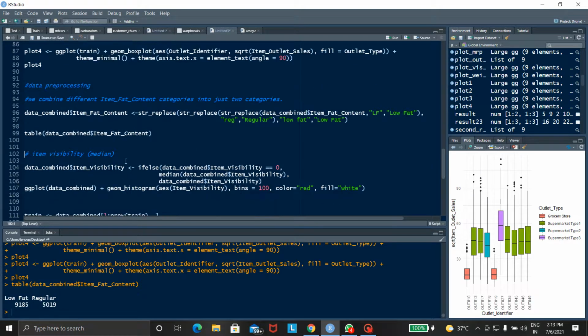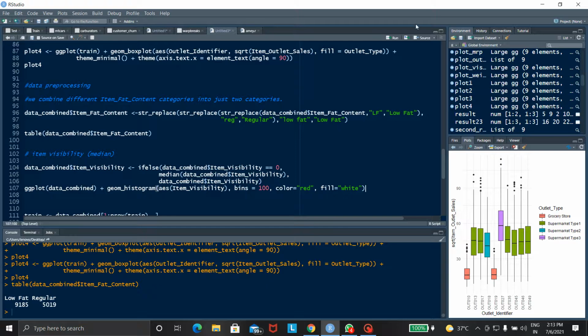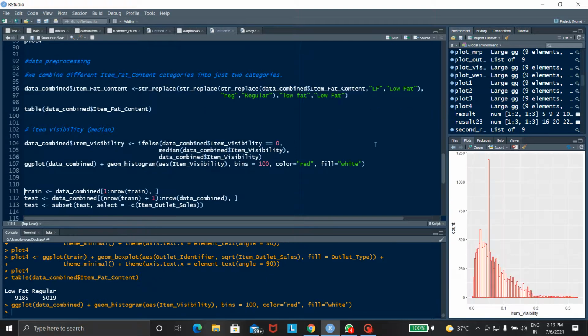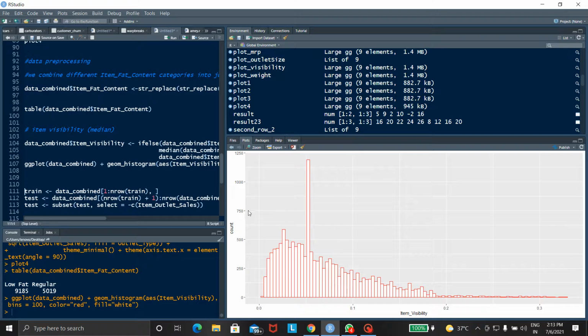The next stage is item visibility. This is the program of item visibility. After running this program, we can get the output of item visibility. Here is the output, item visibility and count. We can clearly see the output.